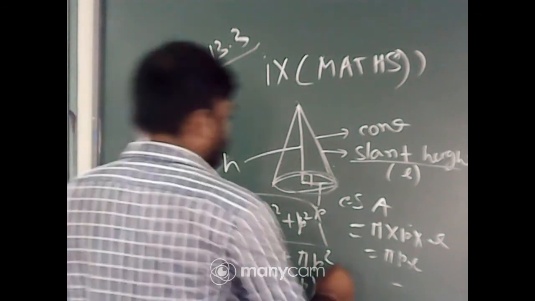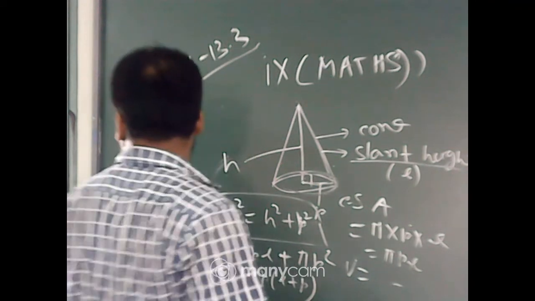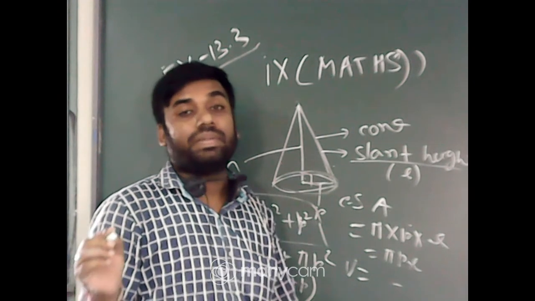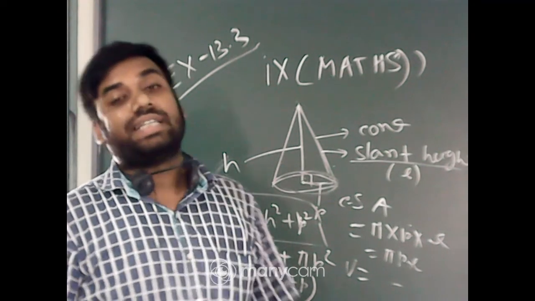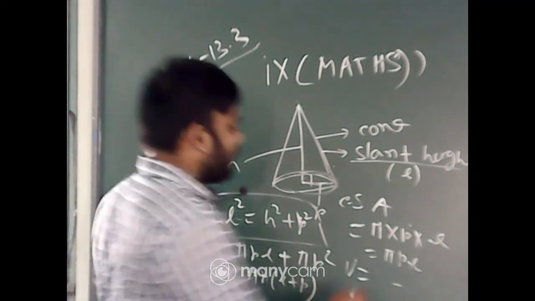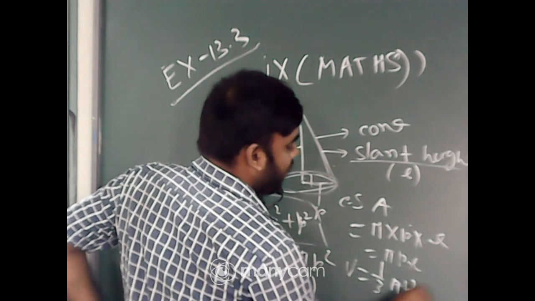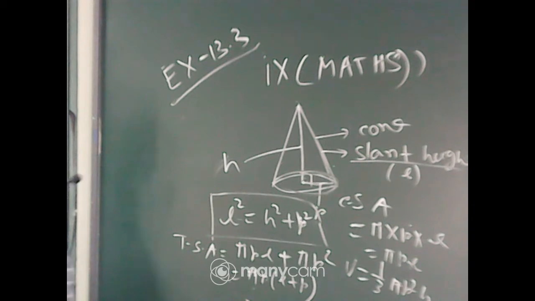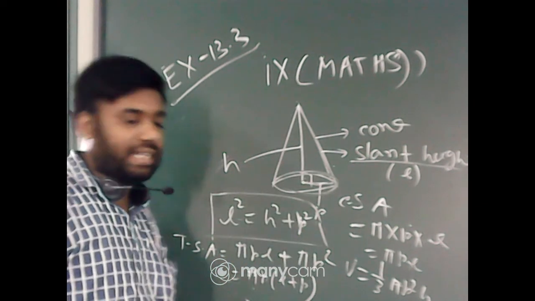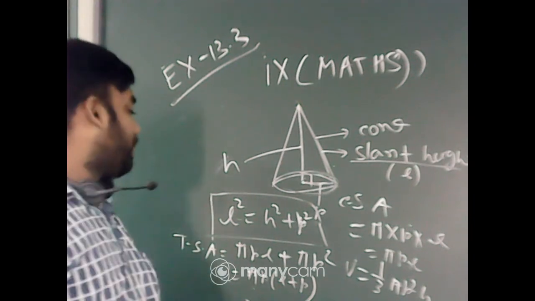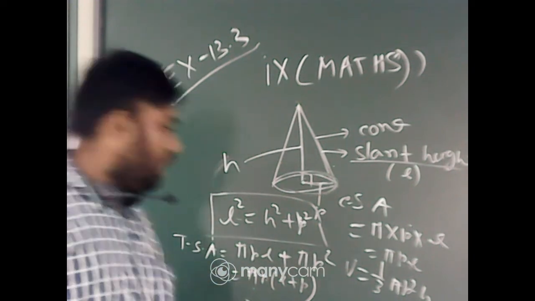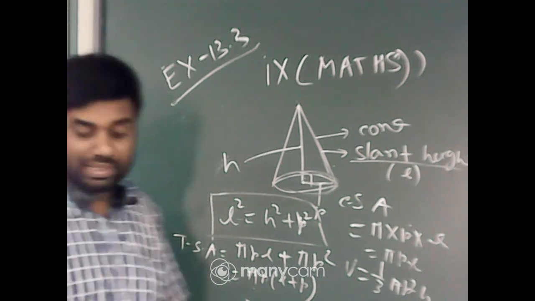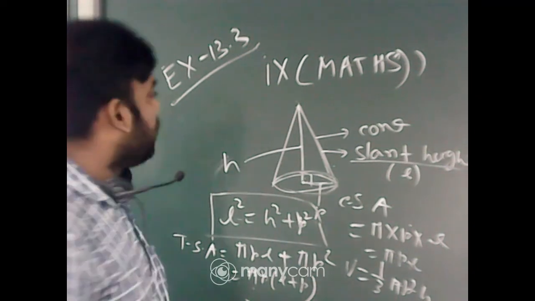Now what will be the formula of volume of the cone? In the case of a cylinder, we remember that the volume is pi r square h. Here it's just 1/3 pi r square h. So these four are the formulas. The relation between radius, height and slant height: L square equals H square plus R square. Curved surface area is pi r l, volume is 1/3 pi r square h, and TSA is pi r l plus pi r square, equal to pi r into r plus L. These four are the necessary formulas.